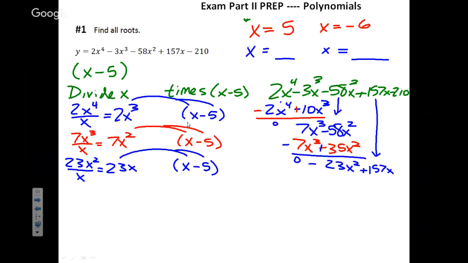Okay, so that was a negative. So that should have been a negative 23x squared. And that should have been a positive 115x. Okay. Then when I switch the signs,